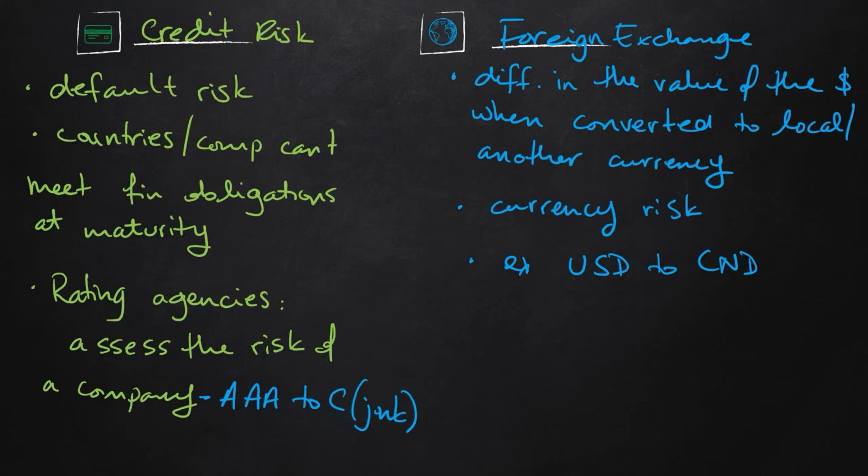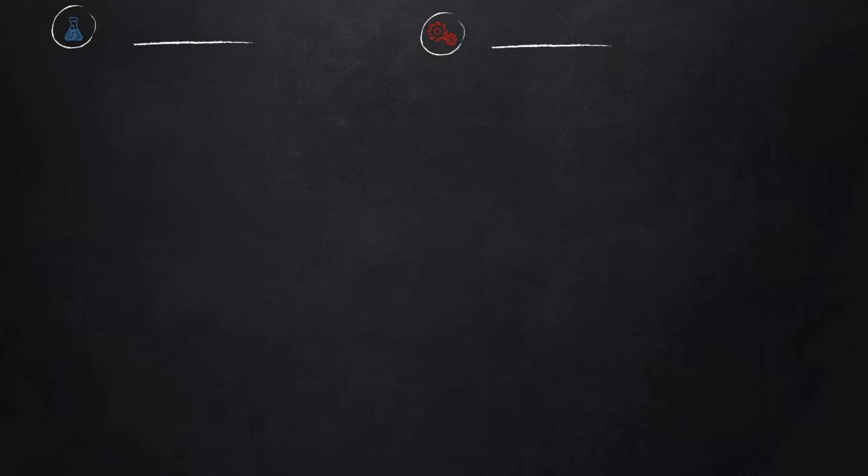However, if you take the Canadian dollar to the US market, you're actually losing purchasing power. You're losing about 30 to 40% of your investment. That is a really good example of foreign exchange risk, that there is a high risk that you could lose a lot of money when you're doing those sorts of conversions.